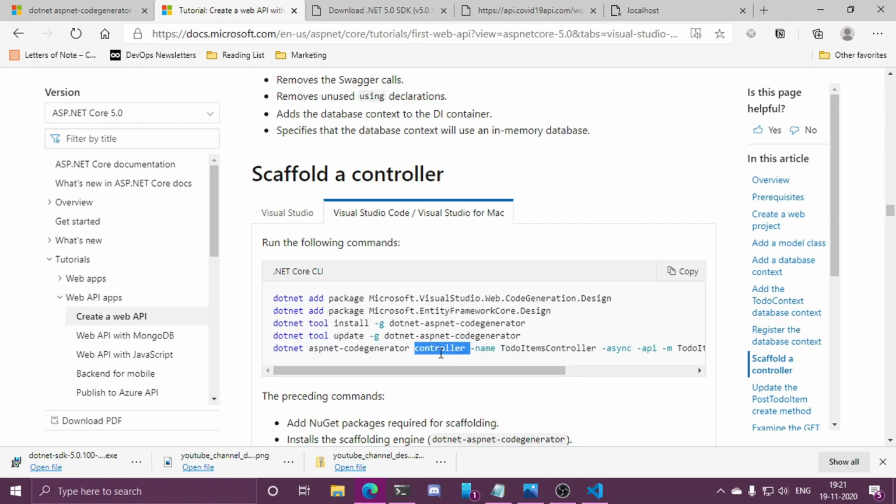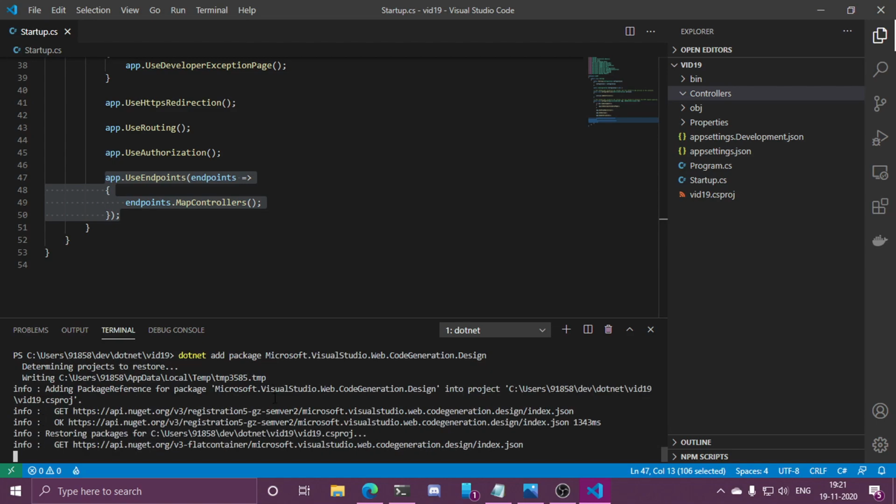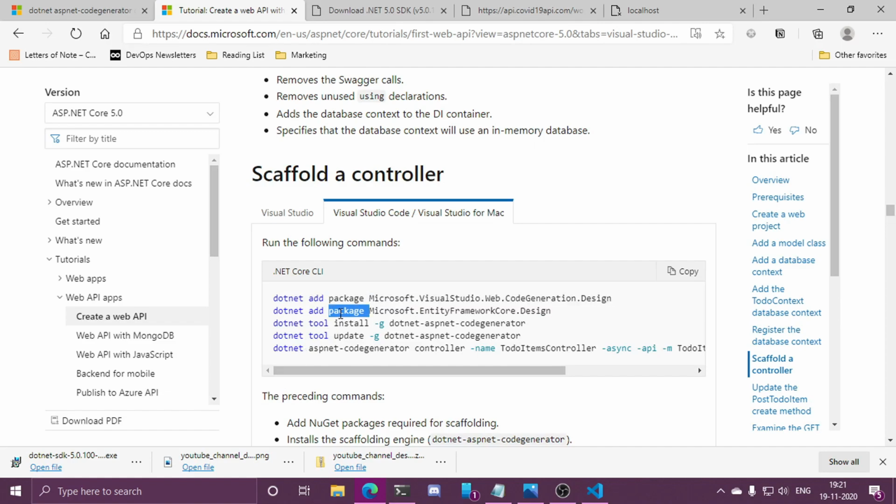So we can generate all sorts of starter classes like controllers and services and things like that. So just issue these commands, and this will download all the starter templates, which you can later use. Again, I will leave all of these instructions in the video description, so make sure you check those out.